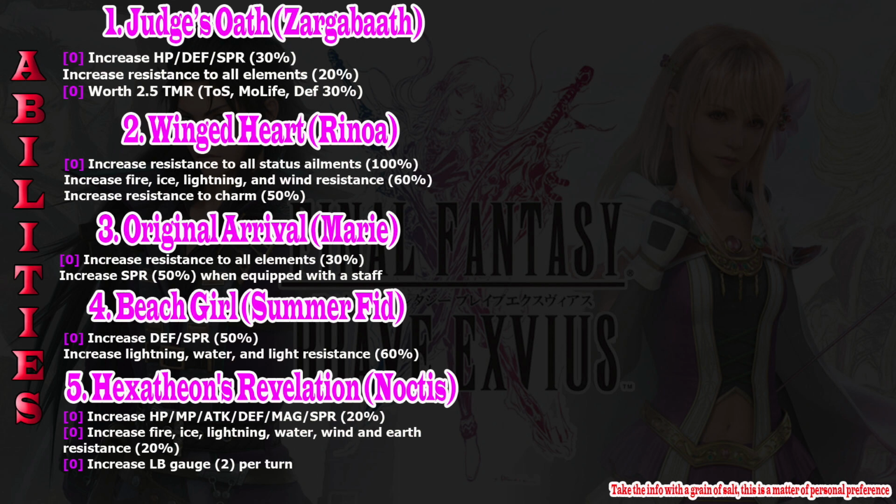Why, you say? Because take a look here. You get 30% health, defense, spirit, and 20% resist to all elements. Like you know, today we kind of need elemental resist, okay? Because many say elemental Tetris. Yes, that's correct. If your elemental resist sucks, you're going to die easily. That's why this Judge Oath is really very good, okay? Because this gives you 20% elemental resist and